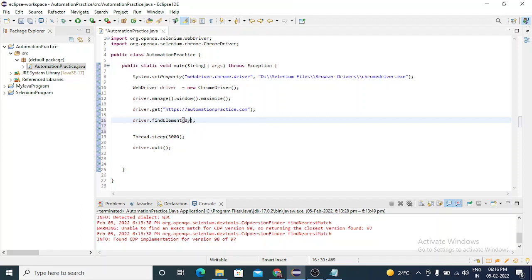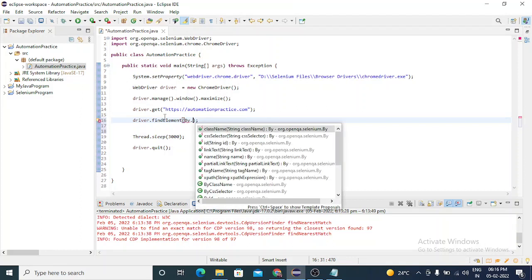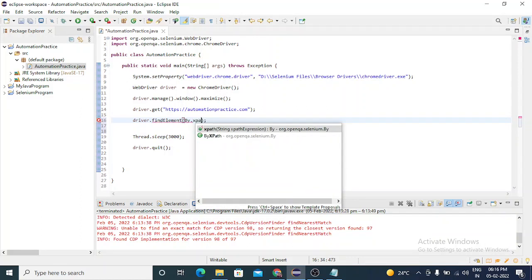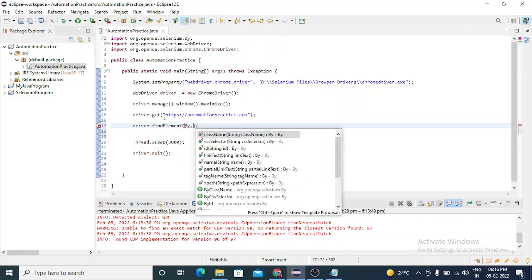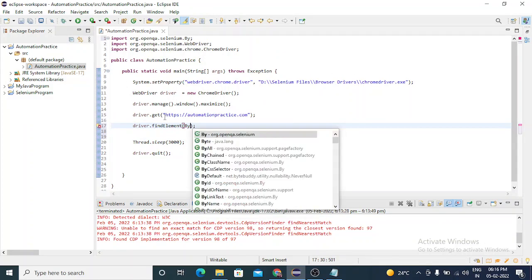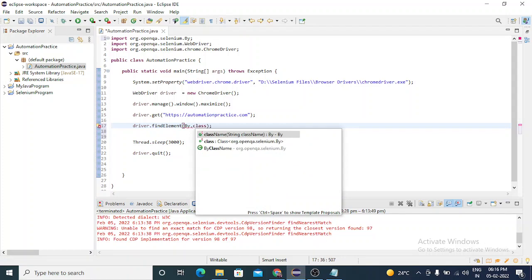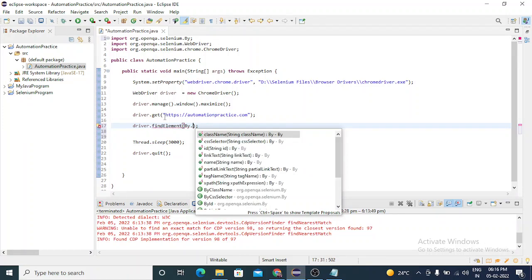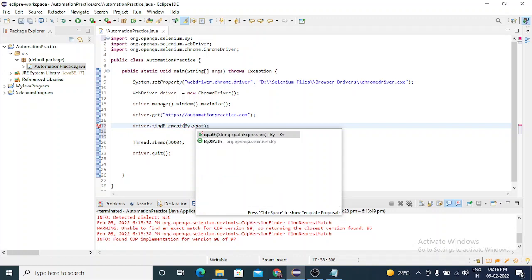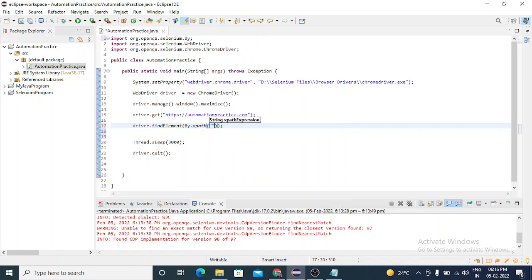The code syntax is By.xpath, or you can say id, anything you need, className. Okay, so we copied our XPath. What is the benefit of using XPath versus ID and class name? I will tell you later. So here I use findElement by XPath.